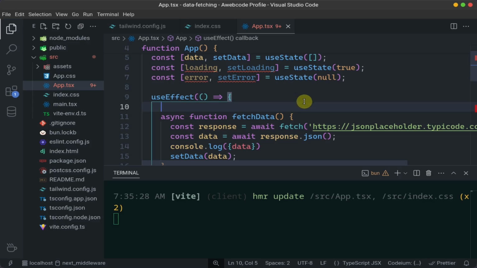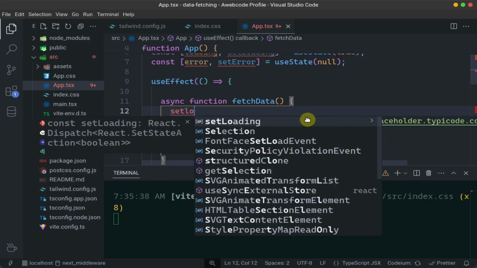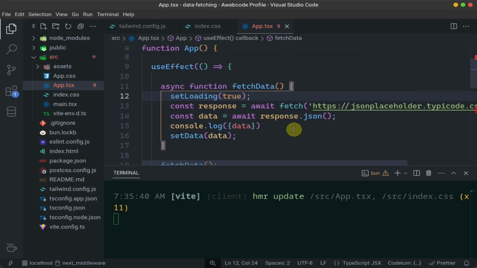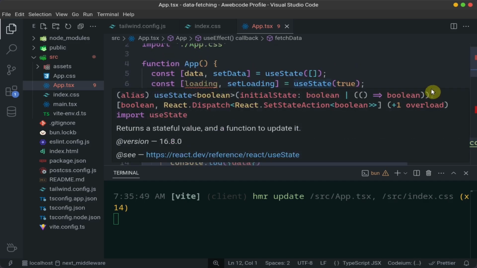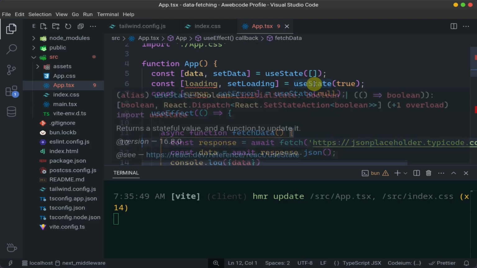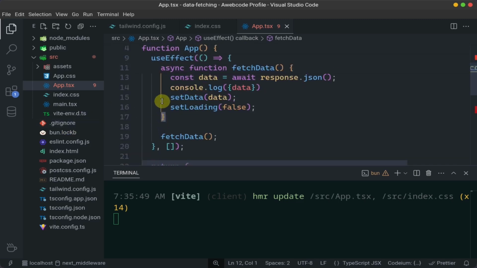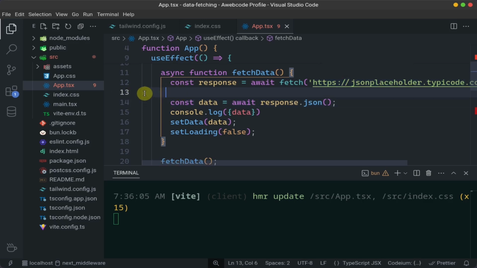So initially, whenever we start the fetch, setLoading will be true, and after completing the fetching and setting data, loading will be false. Initially our loading is true, and after the data is completed, loading is false. And we can check it here, if